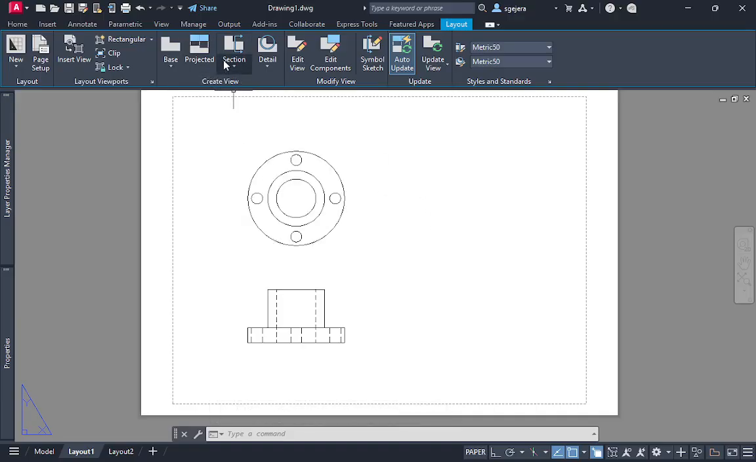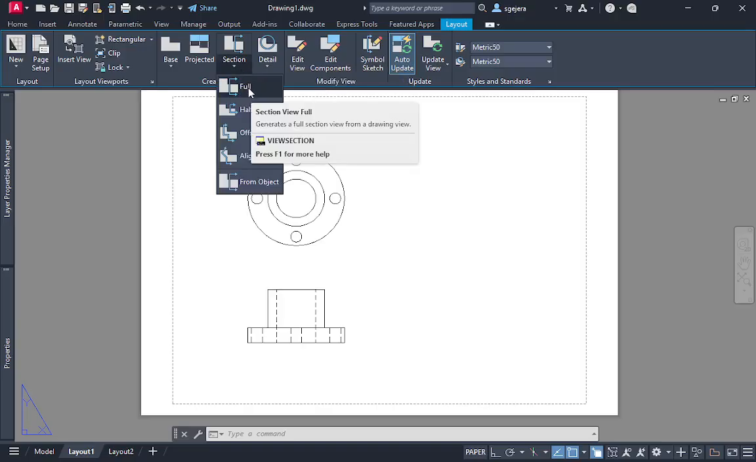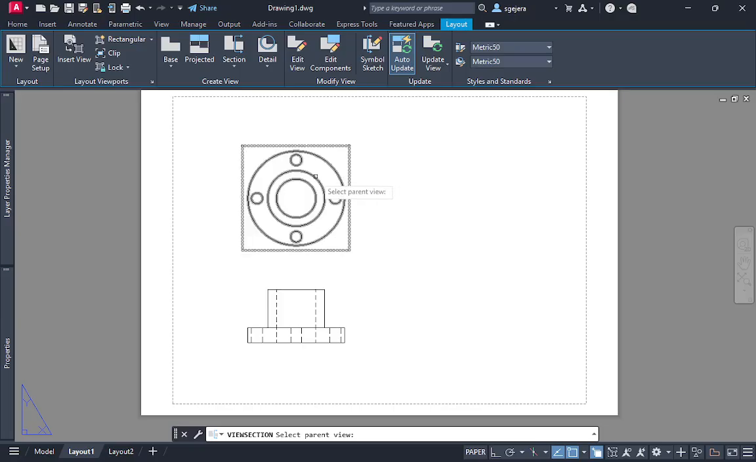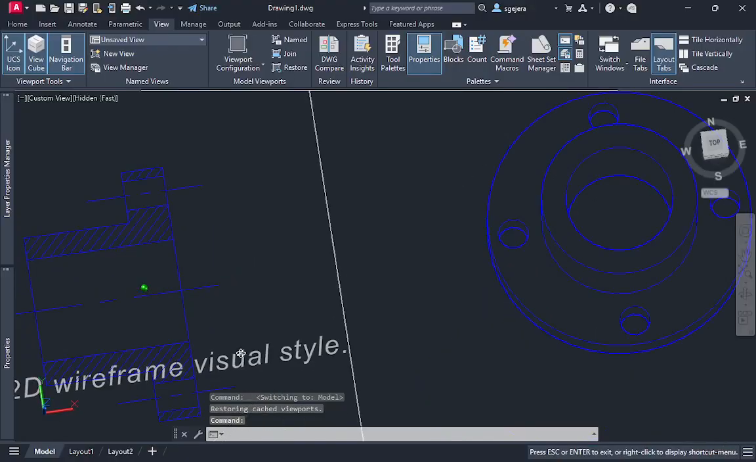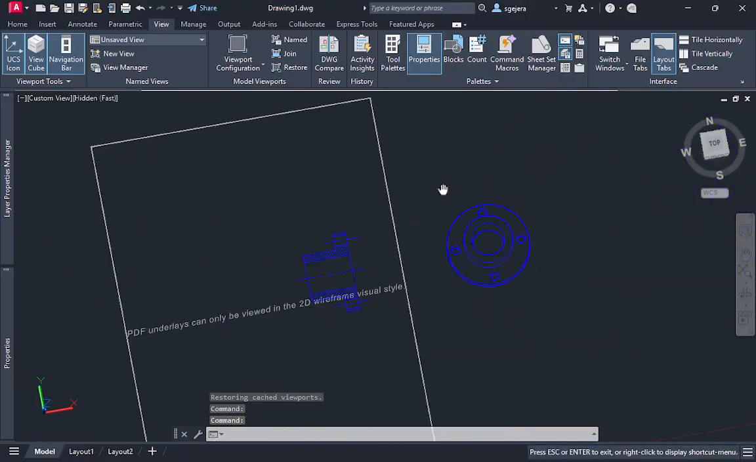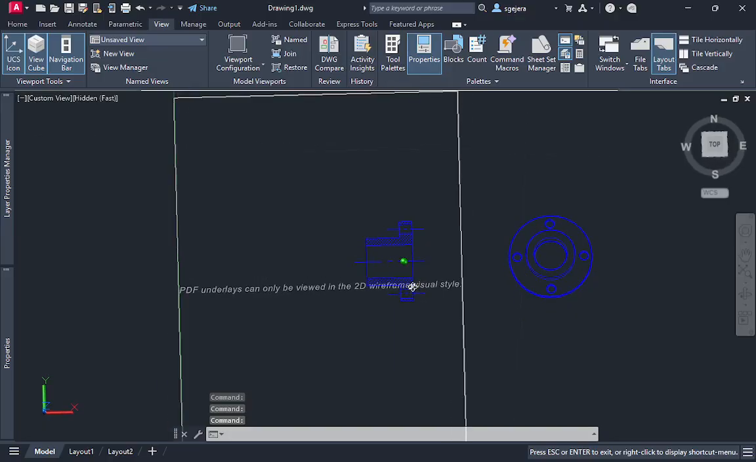So if you look at the create view group, meron sang section na icon, no? So what we'll do is we'll create a full section. So full section natin, select the parent view of the full section. Based on the drawing, ang parent view niya dito is, if you look at the original drawing natin, no? Parang ginawa natin